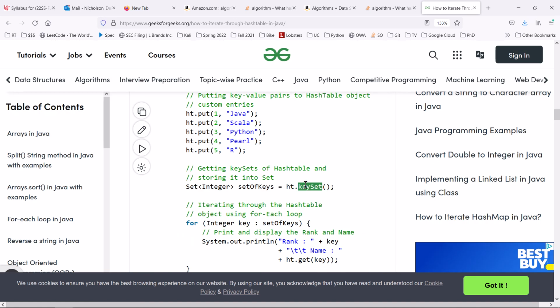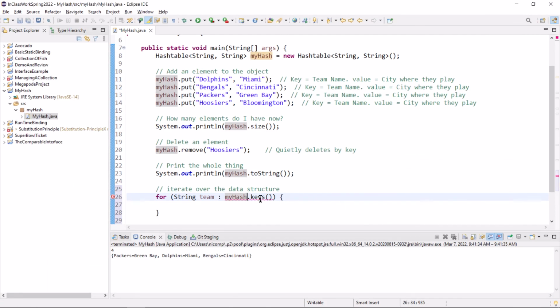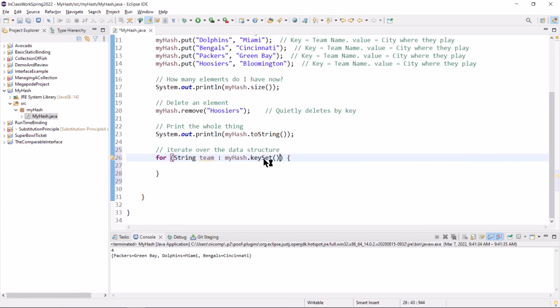So apparently keySet is iterable because they went to all this trouble to create this variable called set of keys and initialize it when they could have just plunked all of that code into the enhanced for loop. So memorize keySet, open close paren, and let's put that in our code. There we go. That's iterable.